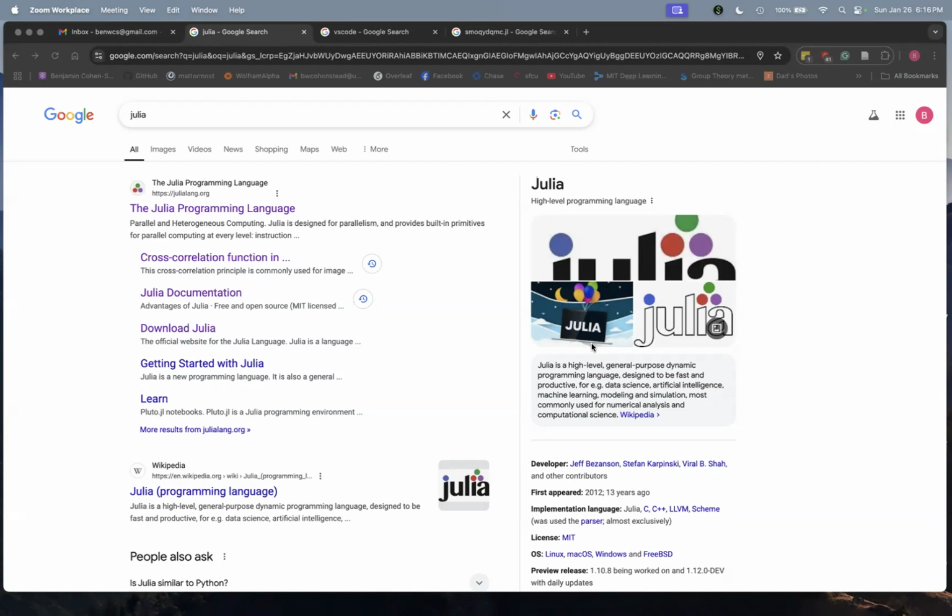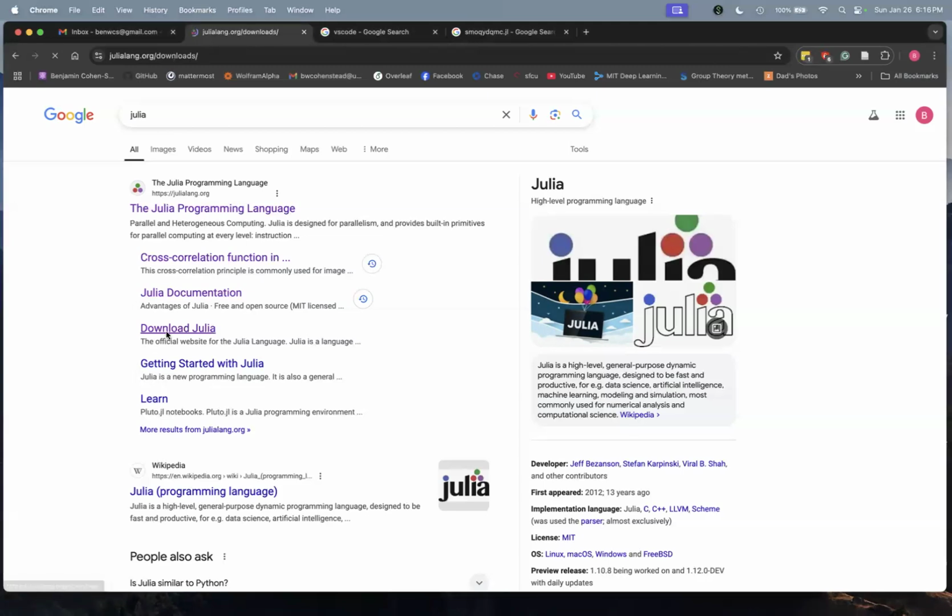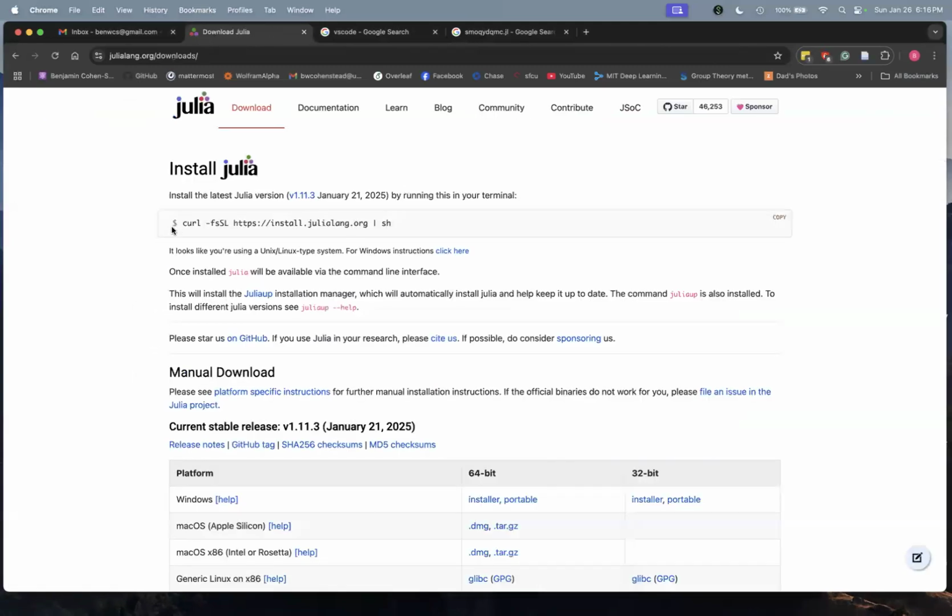So to get started, to install Julia on your system, just Google Julia. You'll immediately find the language website, and then you can go here to their download link. And here you'll find a command you can run in the terminal to install the Julia language on your system. This command is for Unix and Linux style systems, so for Macs as well. If you're running on a Windows machine, simply click here and you see the comparable command for a Windows system